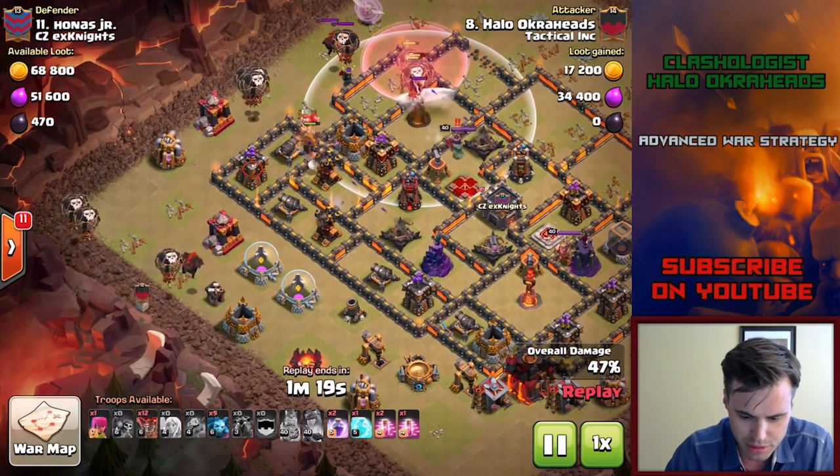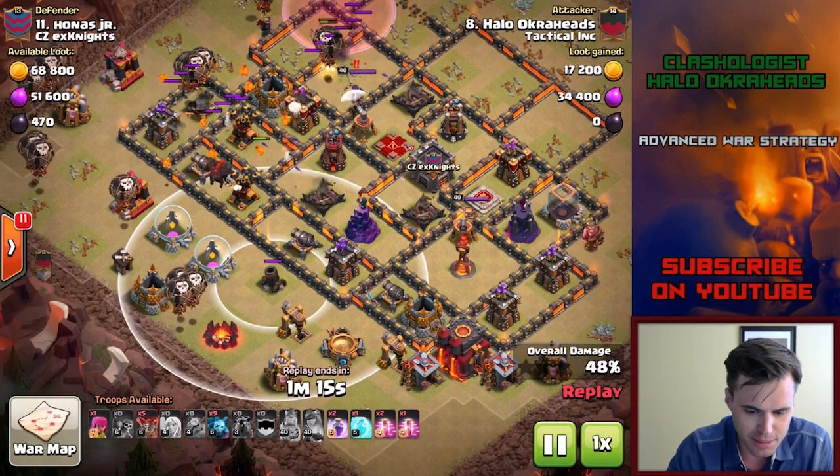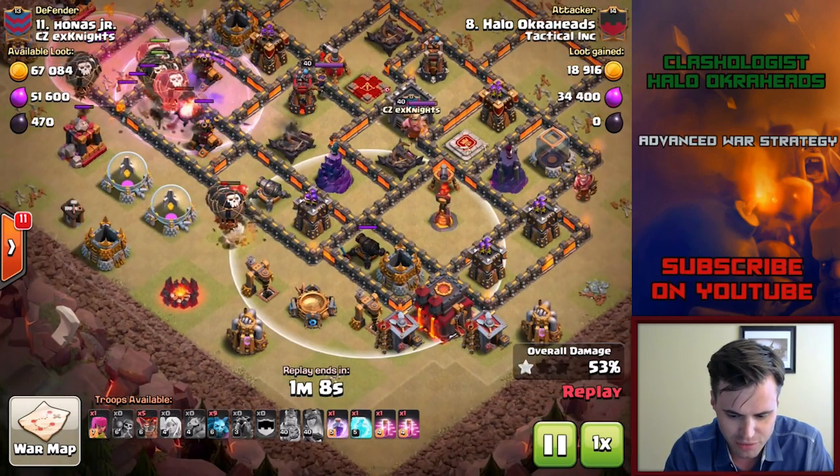I've got 3 loons there. Here's my side loons coming in. And I'm just going to do a haste at the beginning, and then I have an extra rage. Now the most important part, I think, is definitely this cannon. Unfortunately,